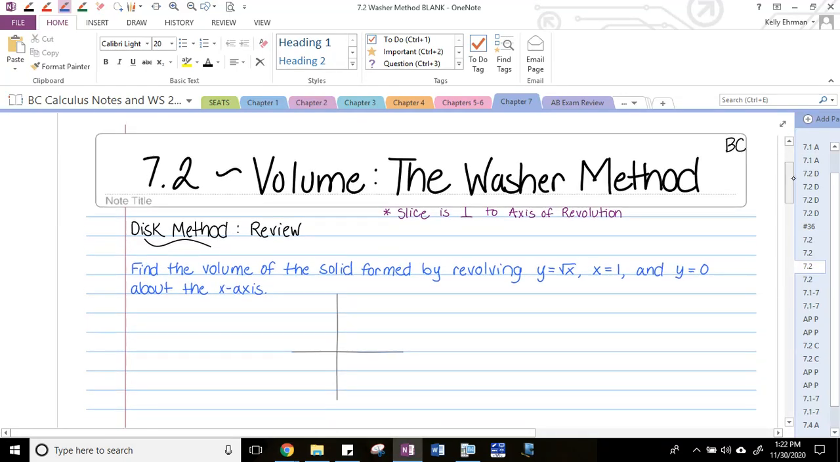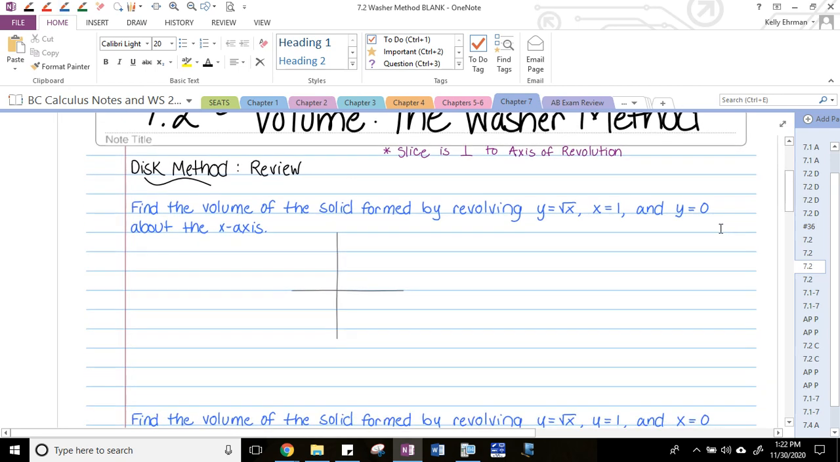Also in section 2, we need to talk about the washer method for finding volumes. Just to review what we talked about previously, the disk method is when whatever slice we were looking at, that representative rectangle, is perpendicular to the axis of revolution. And so an example of the disk method is: find the volume of the solid formed by revolving